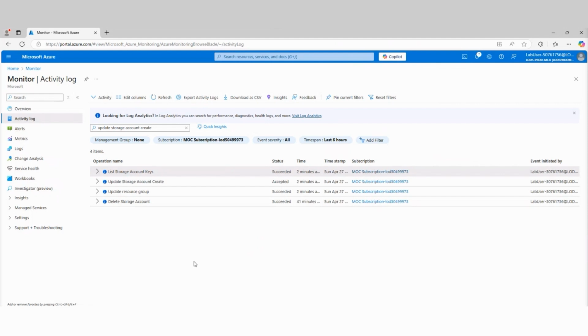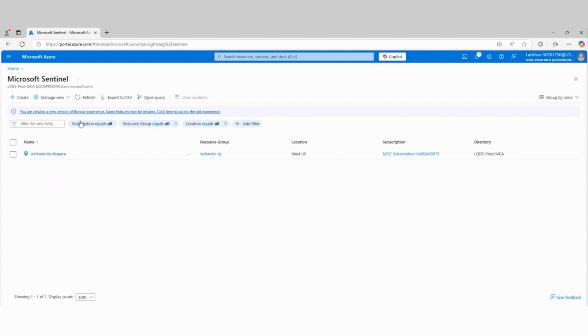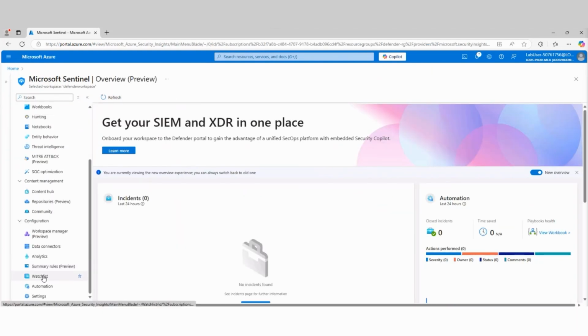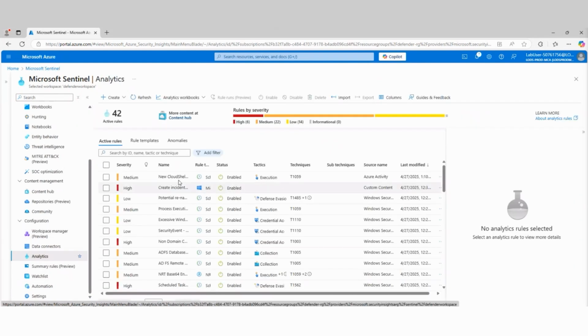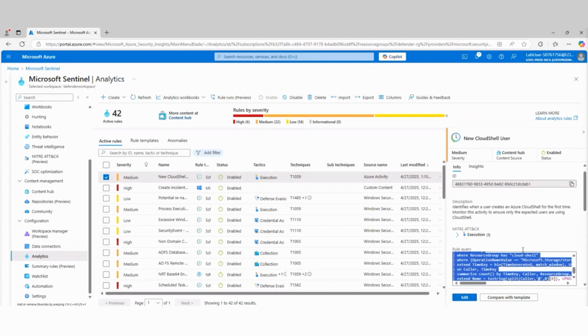So now that we've got this, remember, every 5 minutes our analytics rule, let's go back to our analytics rule, is looking for specific things based off of this query. We have a connector configured to pull the Azure activity logs.